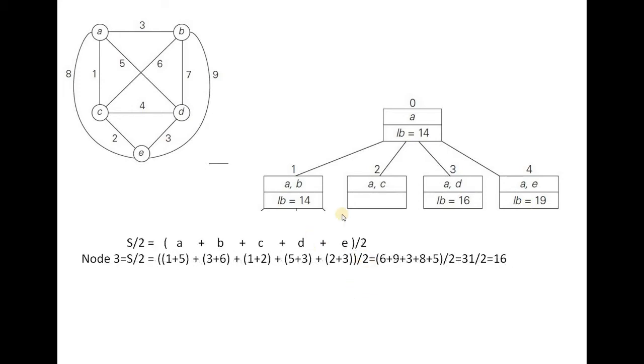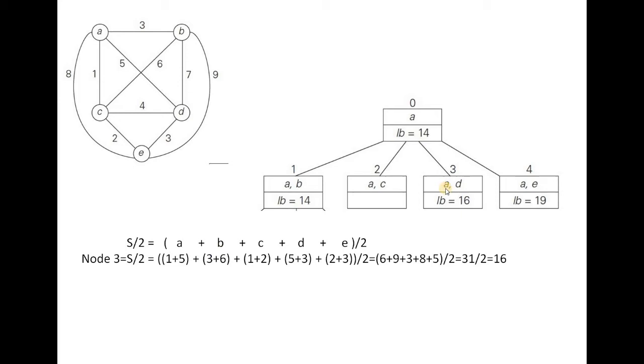So let's see how to calculate the lower bound value for node number 3. So here the pair is A to D. A to D connection. A to D edge we selected. So for A, one of the route towards D is fixed, and for D, the route towards A is fixed. You need to find out one more least cost value for both of these nodes. So for A, towards D is fixed. One of the route is fixed, right? So this particular route is fixed, whose value is 5. The next least cost value is towards C. So 5 and 1. These two are the least cost paths which are to be picked and written here.